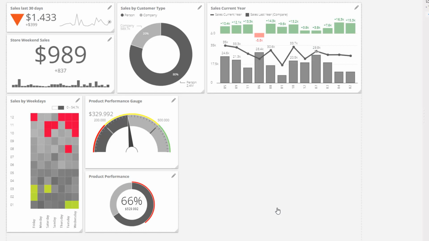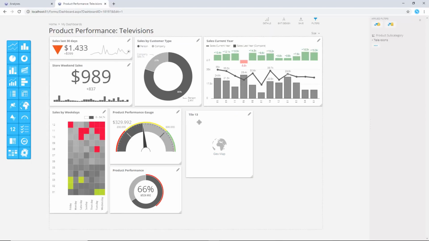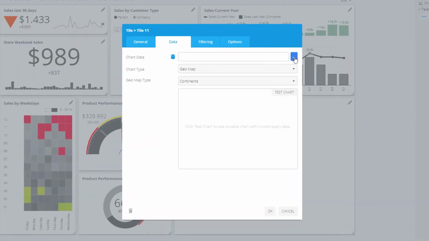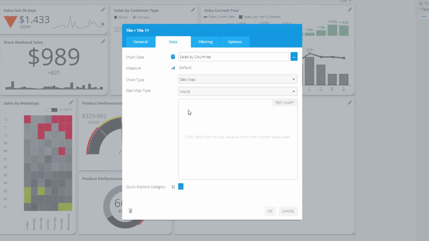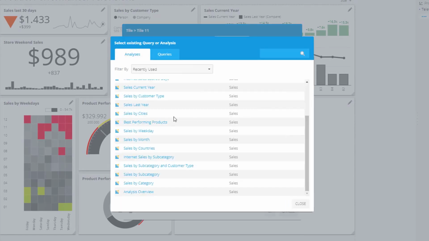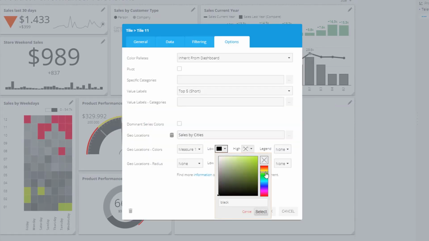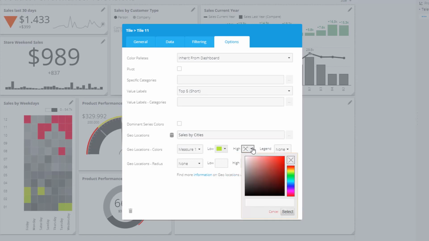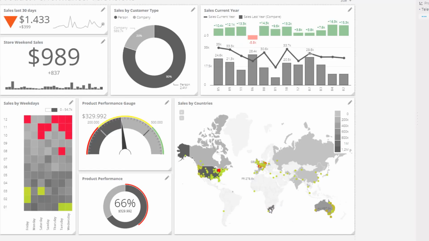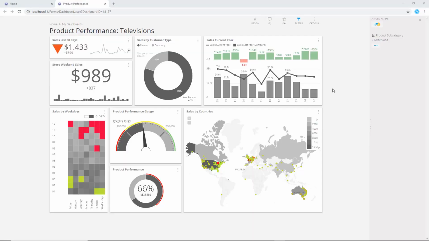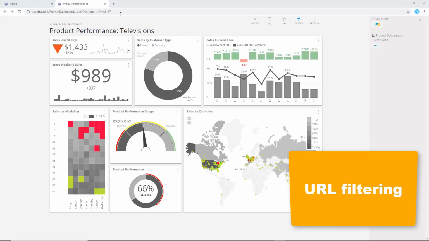The last chart is the geo map connected to the sales by county and sales by cities analyses, but this time showing data only for the filtered product subcategory. Now we have a product subcategory-centric dashboard, and to see the data for any other subcategory, a user can edit